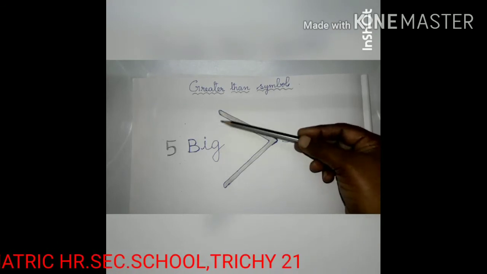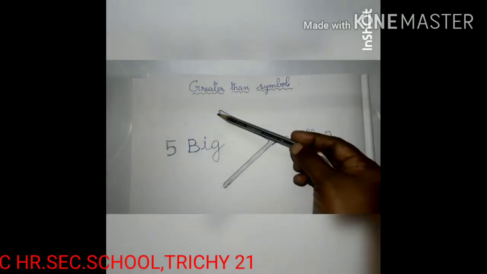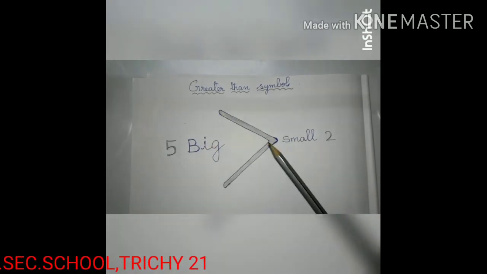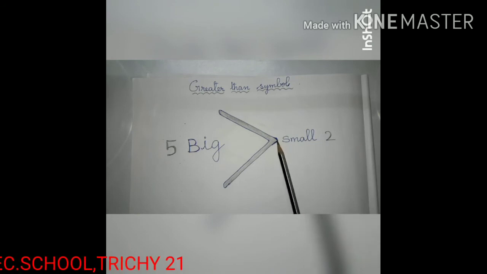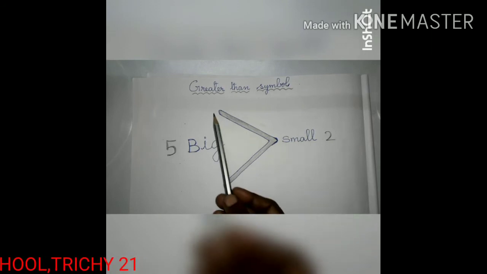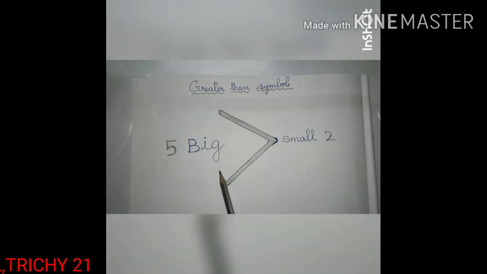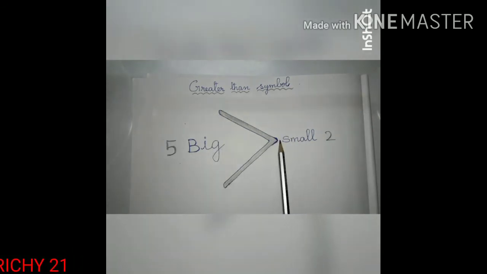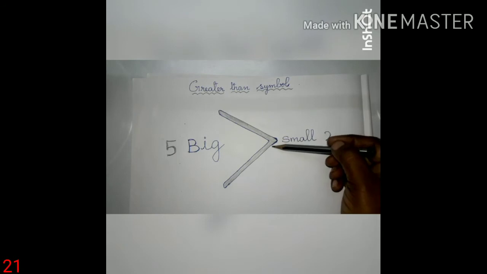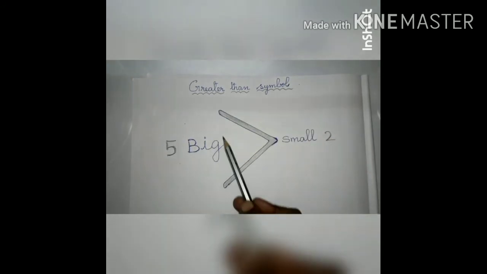If there is a wide gap, that side will come the big number. See, the big number is on the wide gap side. See, this side is pointed. So, on this side the small number will come. See the greater than symbol. This side, the wide gap is given here. This side is a small gap. There is no gap, just see it ends in a sharp point. Am I right, kids? See, on this wide gap side, the big number will come.